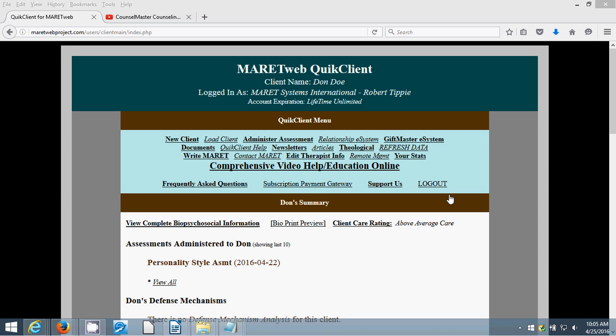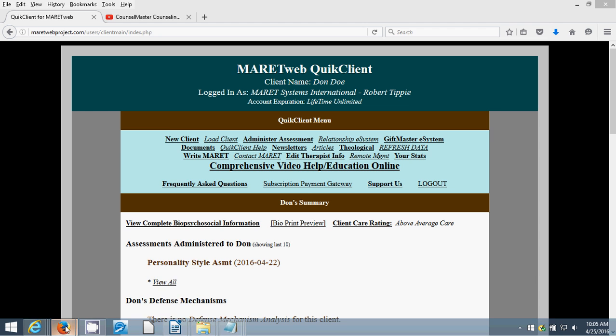This is Robert at Merritt Web, and today we're going to look at some help for you regarding the PSA interpretation. When you have an area that is elevated and you read the report, you want a little more in-depth analysis of that particular personality type. Go to Documents